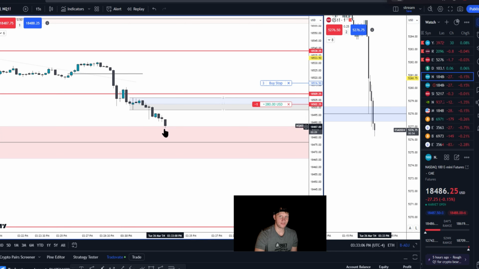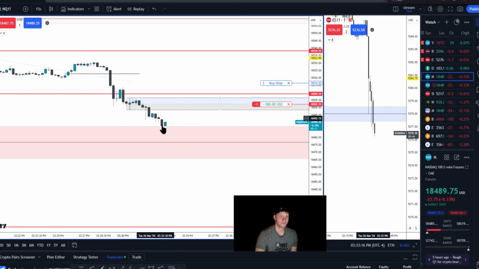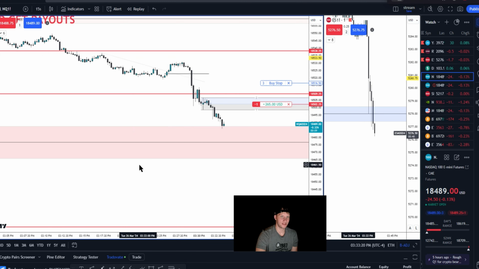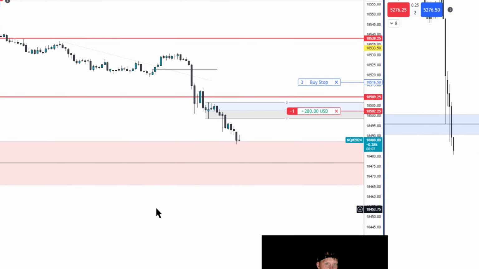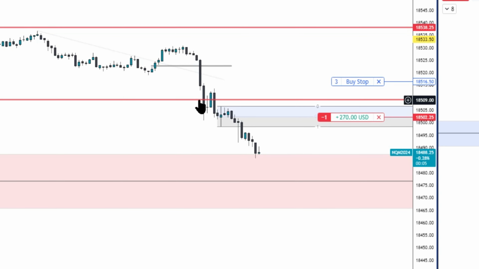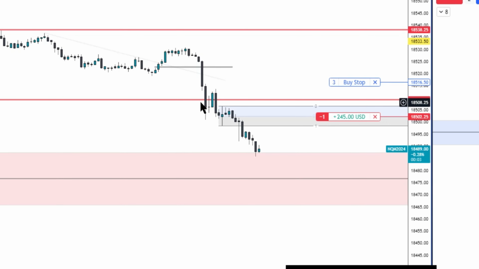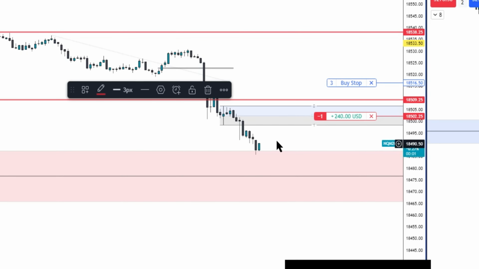So we're still one time framing, no reason to exit. Never once did it break one time framing here. Right there, it did for a split second, but went right back below it. So use this even on a 15-second. If you do it on 1 minute, you can catch an extra 100 points. Because remember, my profit target was right here. If I would have exited full there, I would have missed out on all this.